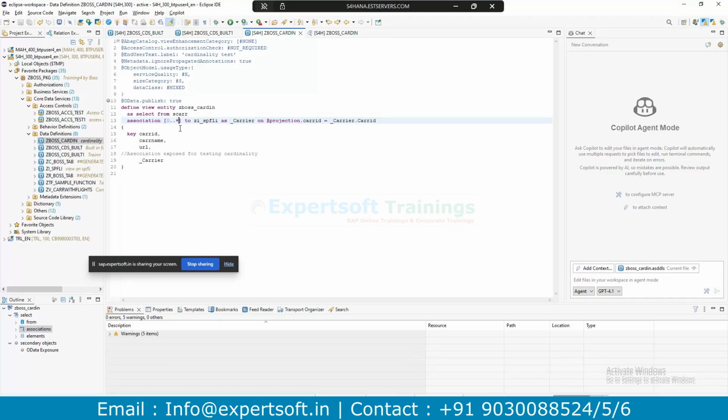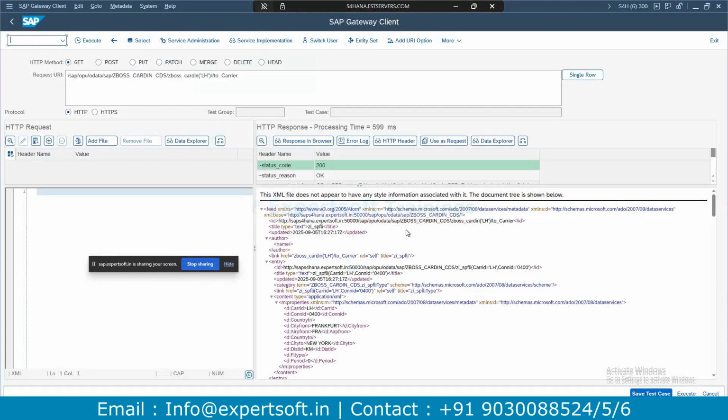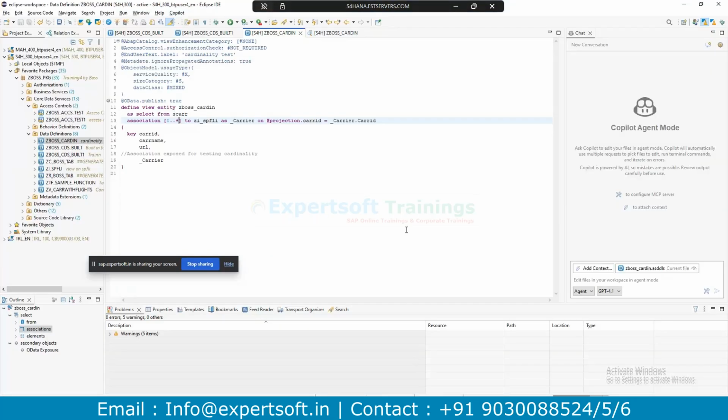Yes, because in the Eclipse we are not able to see it. That's the reason we check in the real scenario, because ultimately we are using that CDS view somewhere else as an API. There it will throw an error, a bad request, because it's expecting multiple records but you are restricted to only one. So it will throw an error that it is a minimum and maximum value.